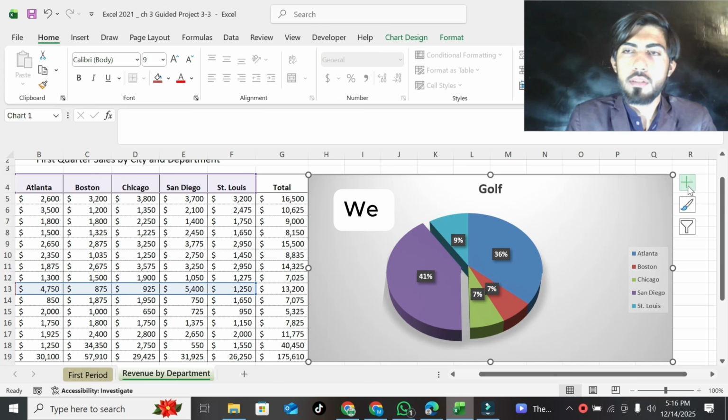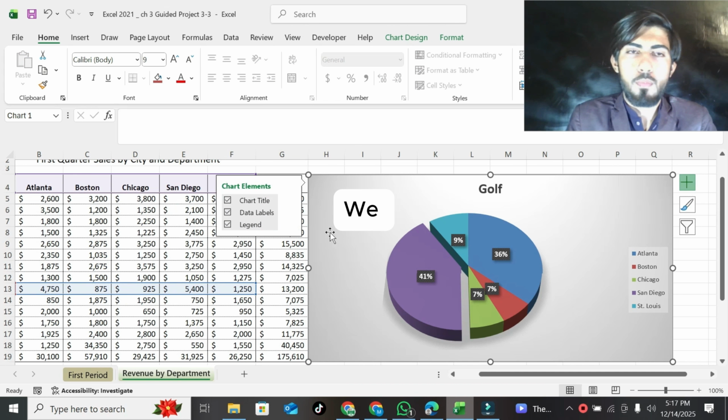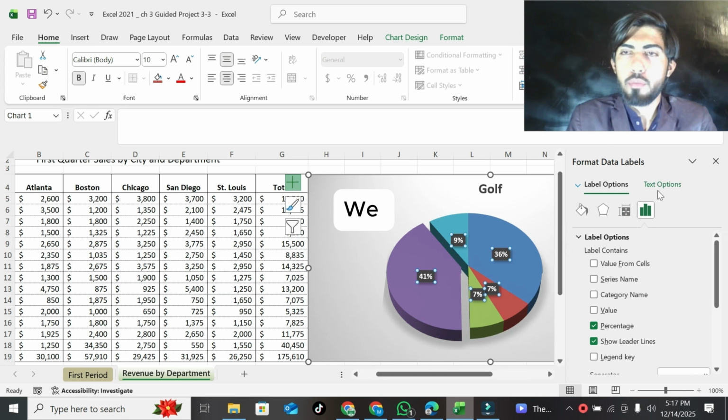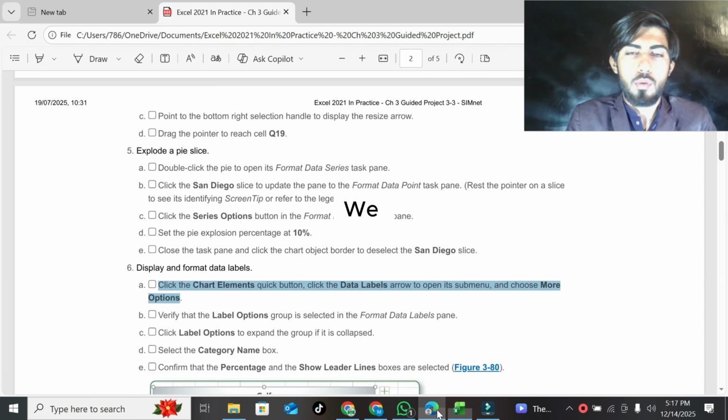Click on this one, click on Data Labels, and click on More Options. This is Format Data Labels, and this is the Label Options. Now verify that Label Options is selected.